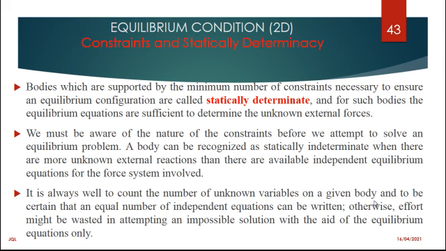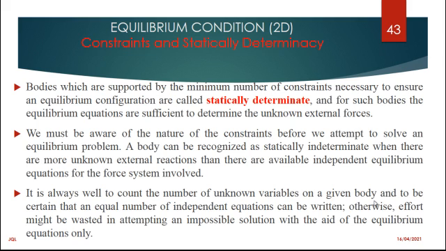We must be aware of the nature of the constraints before we attempt to solve an equilibrium problem. A body can be recognized as statically indeterminate when there are more unknown external reactions than there are independent equilibrium equations for the force system involved. What this means is,